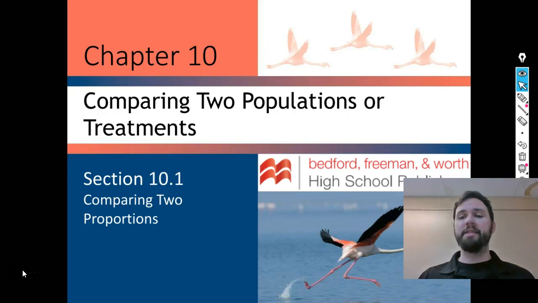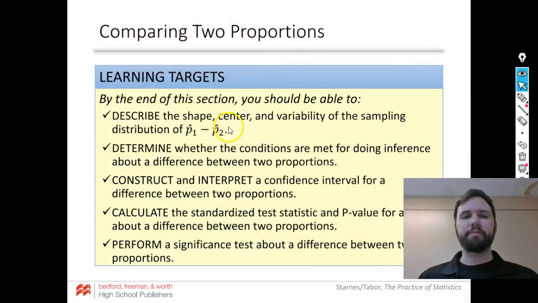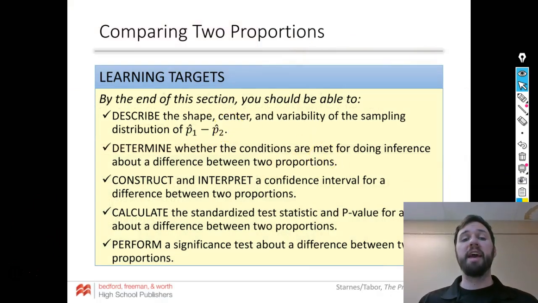And today we're going to start with section 10.1. I got good news and I got bad news. 10.1 is going to combine chapter 8 and chapter 9 and smash them together, but we're going to change one thing about it. Okay? So, in this section we're going to look at finding or comparing two different proportions, finding